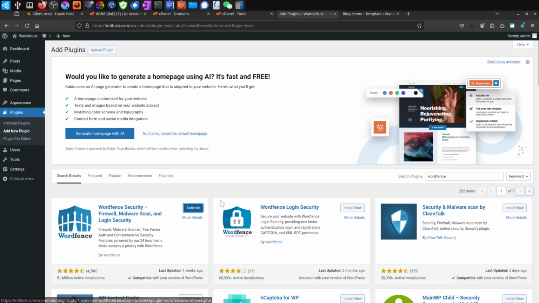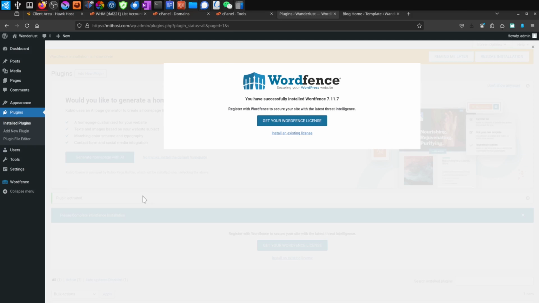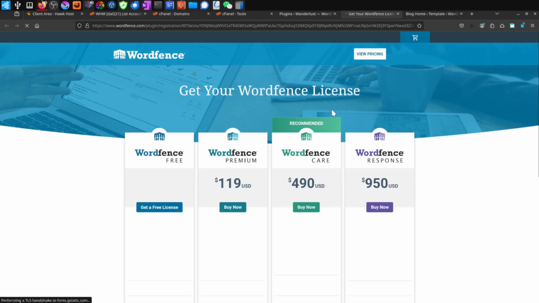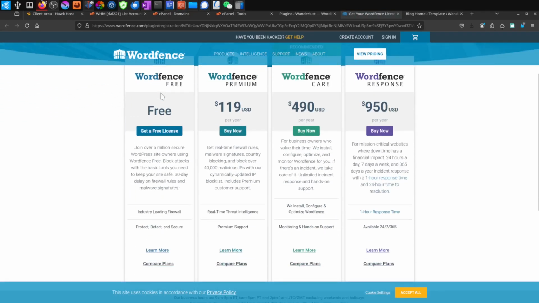Okay, this is how you install and activate plugins. So after you install it, you can click on activate. Just like with the themes, you click on activate, and that makes it live so that it takes effect. Now, when you install WordFence, you request the WordFence license, and as you can see, they try to